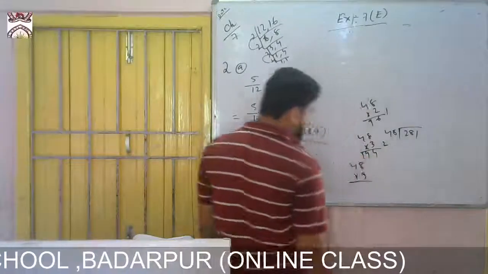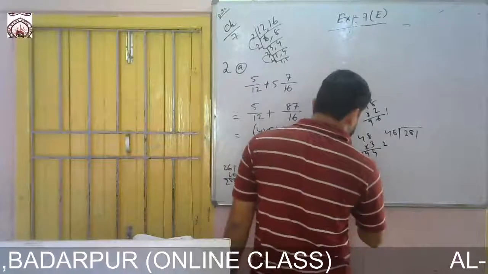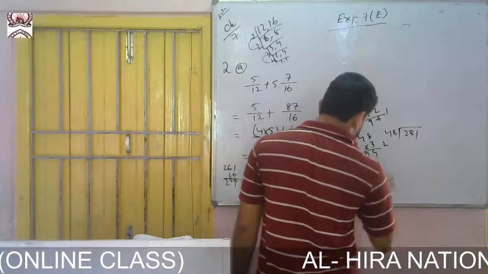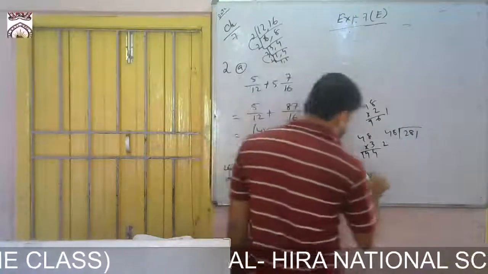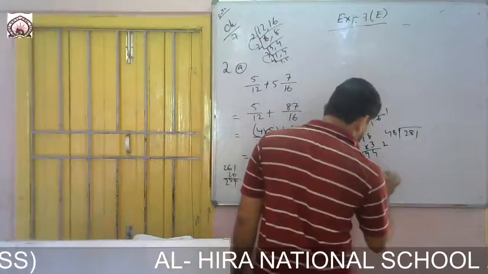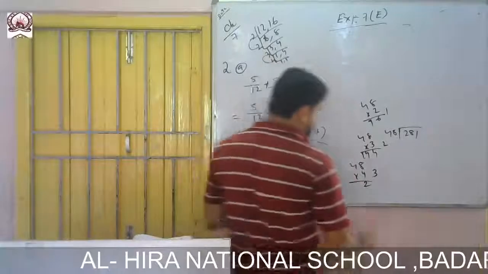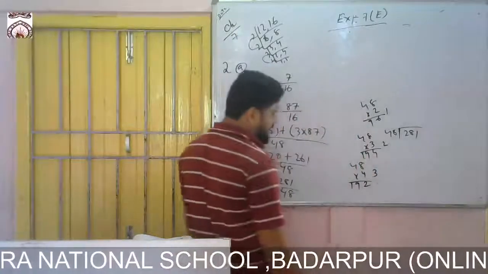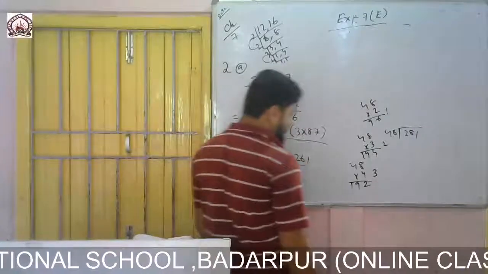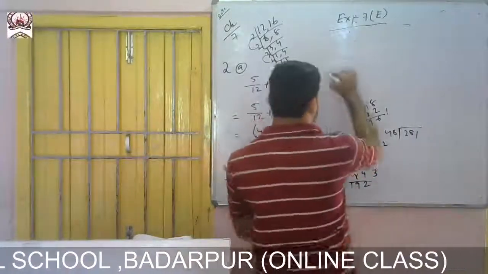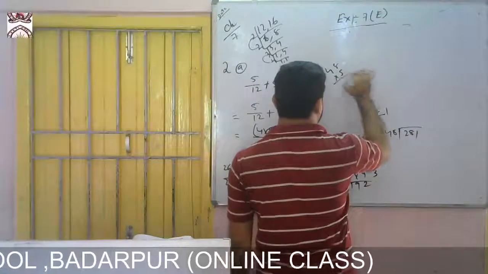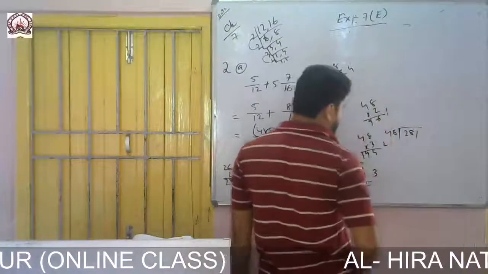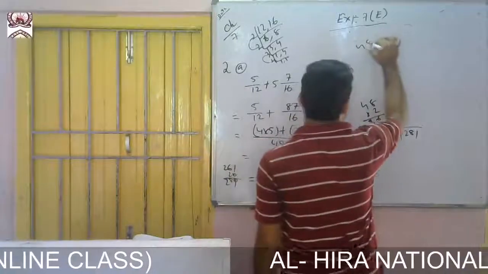Let us check. 48 4s are how much? 4 4s are 16, 17, 18, 19, 192. Okay, and 48 into 5, 240. Okay, and 48 into 6,